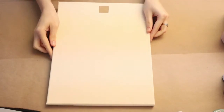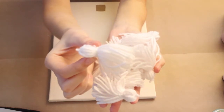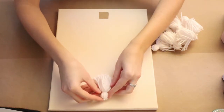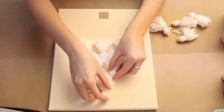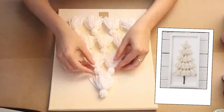Now I've got a little bonus DIY for you guys. So going back to the tassels, I'm starting with a canvas, and I have it painted a beige color with a little stump on the bottom, and I have 10 of these tassels. Now of course everything is going to depend on the size of your canvas and everything, but for me 10 was the perfect amount, and I'm going to go through and lay out the design of my tree. Again, this is another thing that I saw on Pinterest and I thought I could totally make that myself,